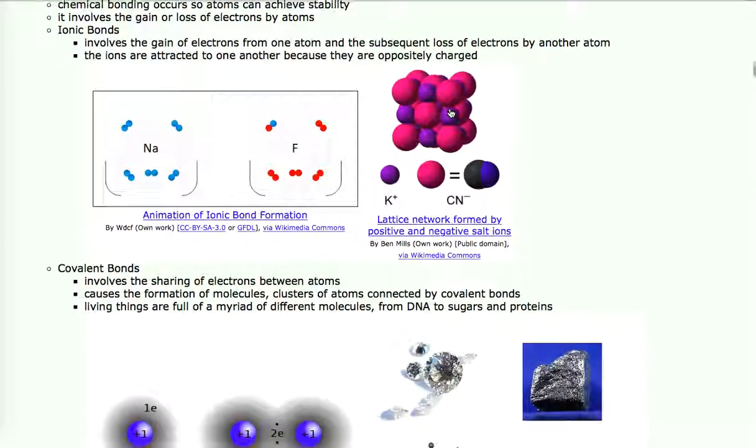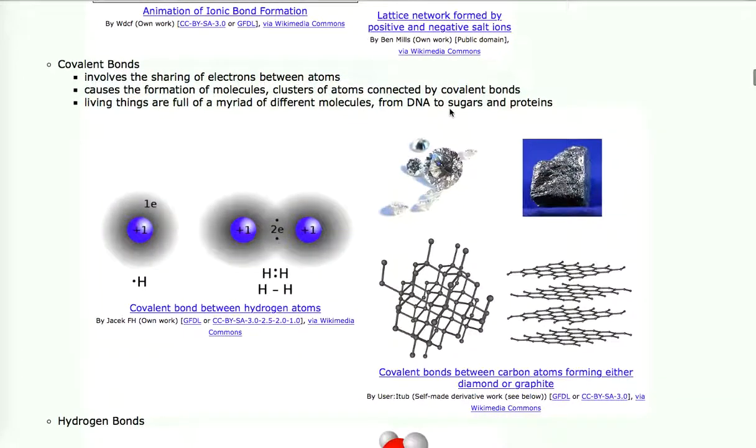There's a different kind of bond which makes up also in the human body, and it's really kind of more important. It's the covalent bond. In covalent bonds, atoms share electrons. So in this case, we have a hydrogen atom that has an unlucky number of electrons. When it comes up to another hydrogen atom, which also has an unlucky number of electrons, they each share the other's electron. That gives them each a lucky number of electrons, which makes them both happy, and so they form a molecule known as hydrogen gas.